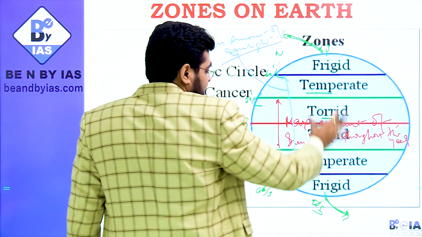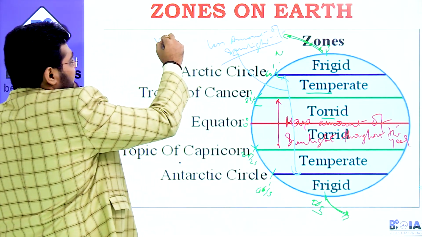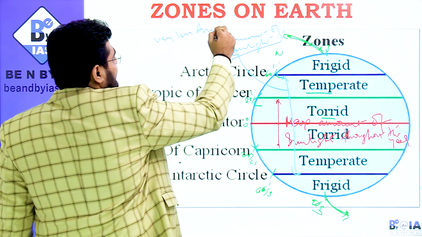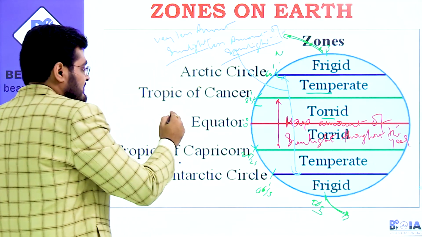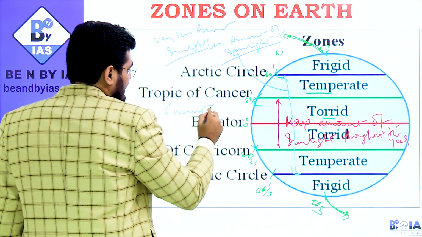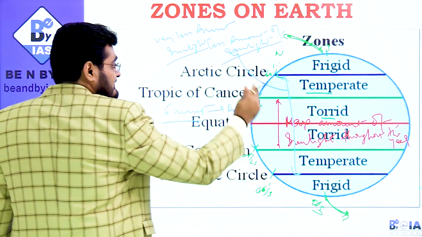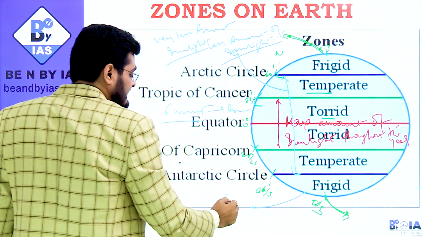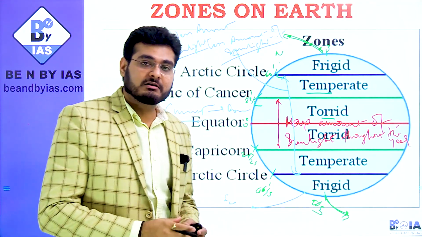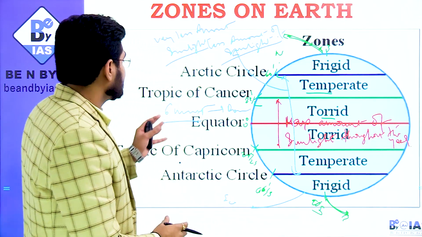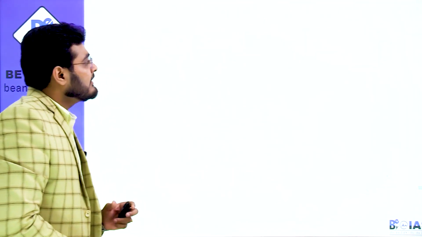Then after temperate it is frigid. Now this frigid zone receives very less amount of sunlight. And a time also comes that for 6 months this north zone doesn't receive any sunlight, and for 6 months the southern pole also doesn't receive sunlight. This also happens, and I'll explain when it happens, how it happens, and what the requirement for that is. For now, just see that these are the zones of earth.